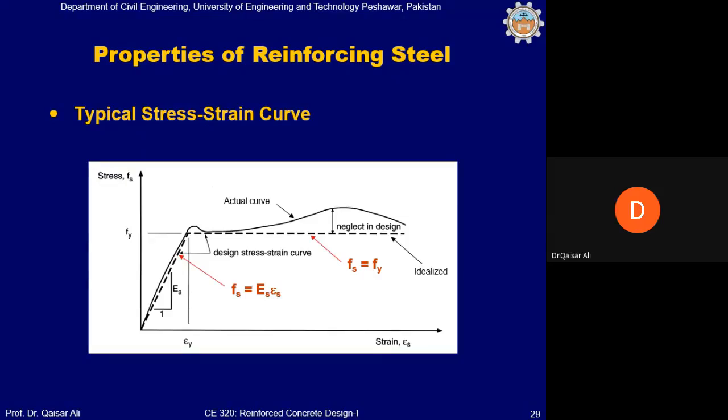For example, a steel bar has an ultimate strength of, let's say, 80 KSI, but if it has a yield strength of 60 KSI, we will use 60 in our calculation instead of 75. Although the steel has a capacity from 60 to 75,